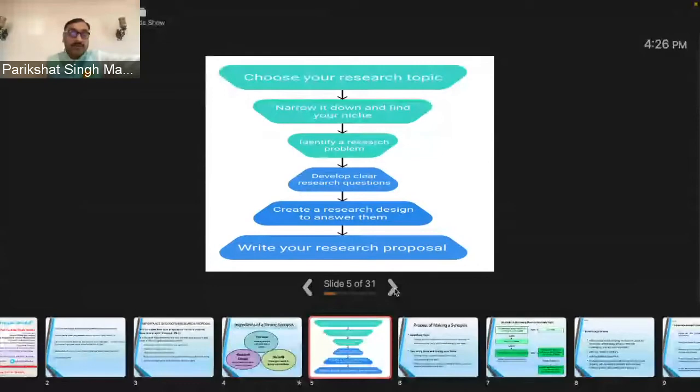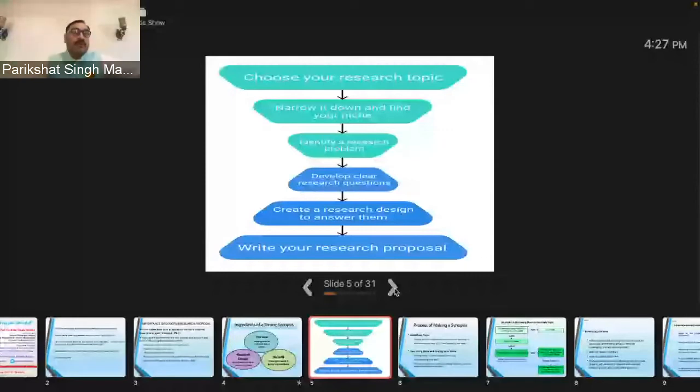Develop a clear research question. Vis-a-vis these research problems, you have to develop a clear research question. That is the next step that you need to look at. Three to four, or sometimes five questions. Ideal is four. Minimum is three questions. Maximum is five. So these are the clear research questions